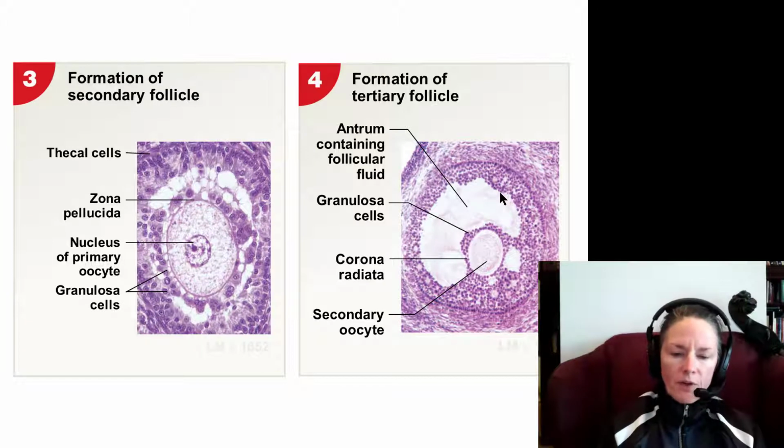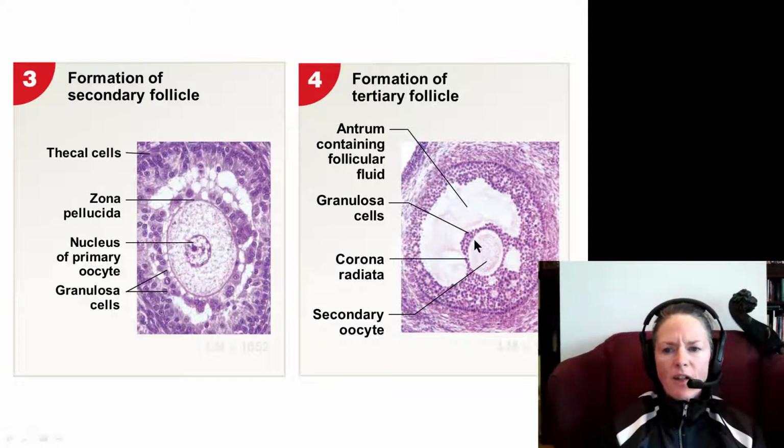All right, so what happens after we have a primary follicle? It will then mature into a secondary follicle. Here are thecal cells again. We see that our zona pellucida is beginning to expand a little bit. We're getting some fluid accumulating inside the follicle, and this is called follicular liquor, or liquor folliculi is the fancy term for it. Eventually it will fill the whole follicle, and at that point we will have this antrum full of follicular fluid, and we have granulosa cells all around the inside of the follicle, and they will accumulate around what is now a